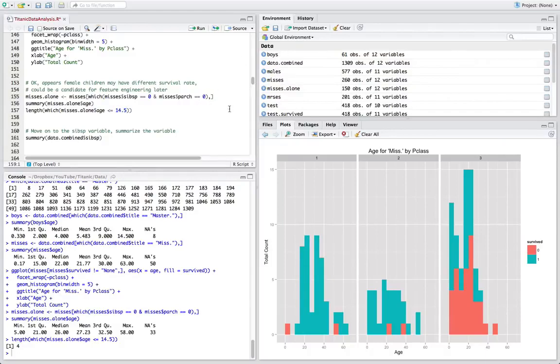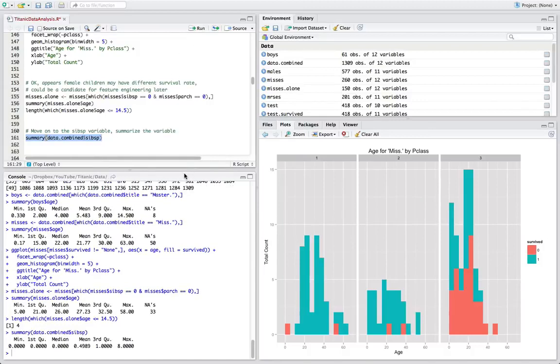Moving on. Let's take a look at the sibling-spouse travel variable, or SibSp, for lack of a better way of pronouncing it. So we'll run our summary function on that, and we get back some relatively interesting information. It says no NAs. That's good, because we don't like missing values for variables, like we said before. And this is particularly interesting: the minimum value is 0. The 25% of all records are 0. The median is 0, which means half of the records have a value of 0. And the mean is only